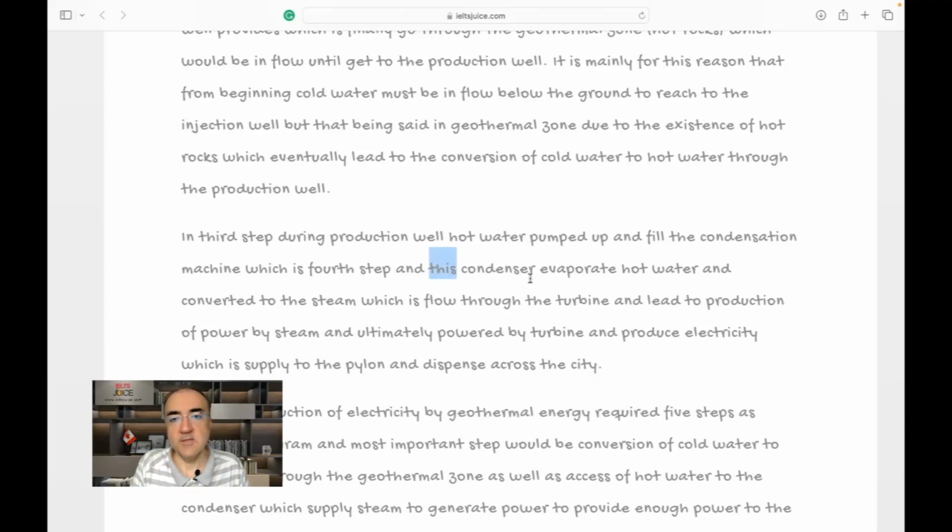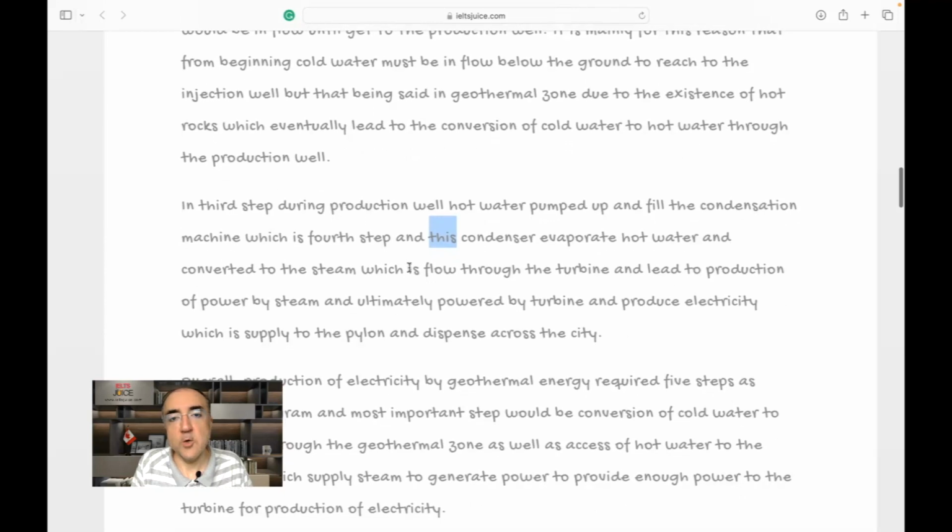I don't need this. And condensers and a condenser will evaporate hot water? No. A condenser's job is to condense. It doesn't evaporate anything. It's hot water and it is turned into steam. That's it. And converted to the steam,